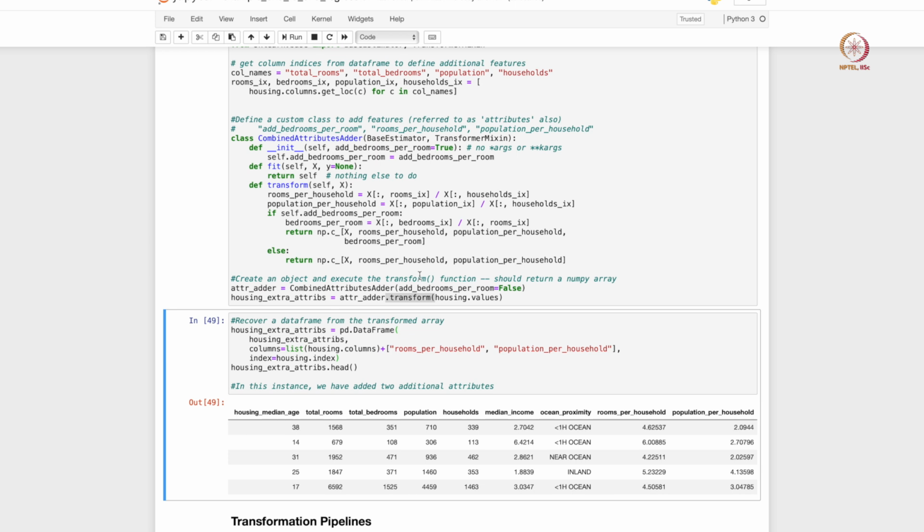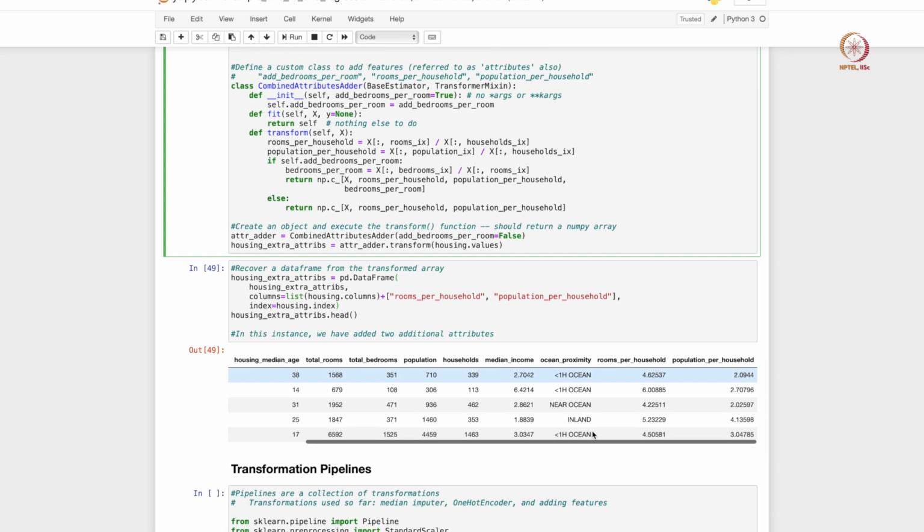That's just for demonstration, because when we created an instance of the class combine attributes adder, we said add bedrooms per room is false. So that feature is not going to get added, but we can always turn it to true, and then it's going to add the bedrooms per room as a new feature to the data frame. So everything seems to have worked fine, and we have added the new features.